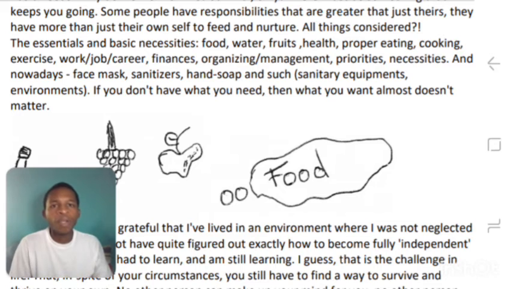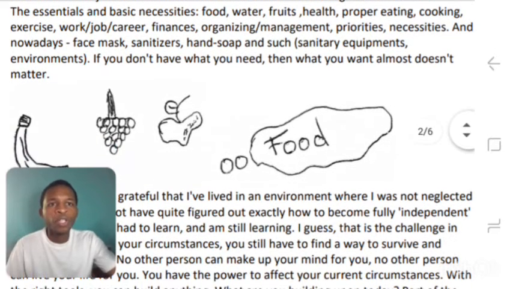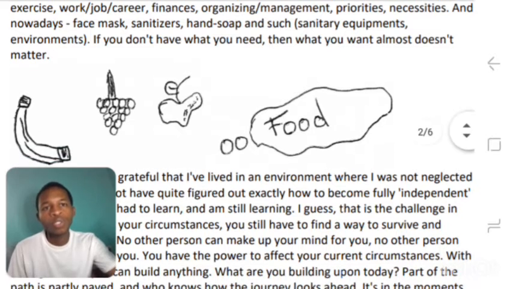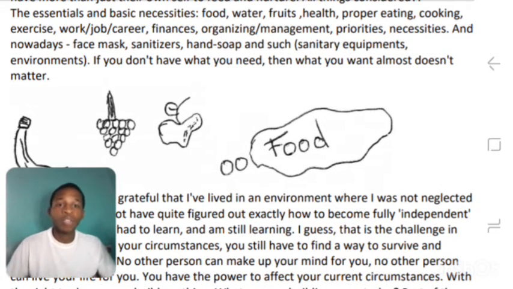I've mentioned this earlier. With a few additions given the most current situation with the pandemic and everything, there would be a few additions to the list nowadays, such as face masks, sanitizers, sanitizing the environment, and soap, a sanitary environment and equipment, things that you use to make sure the place is sanitary and safe, and to make sure that nobody catches the virus and to prevent it.